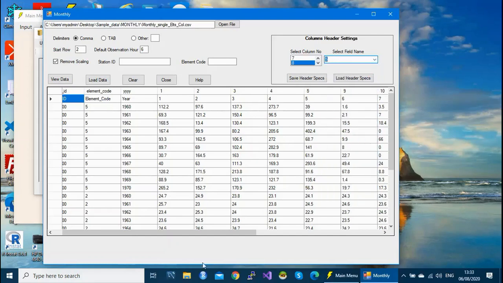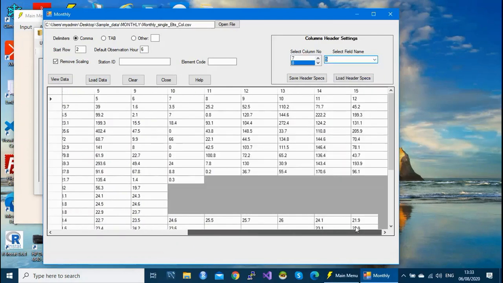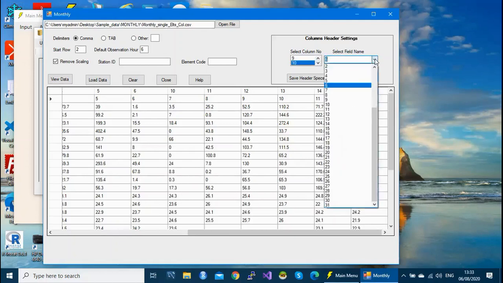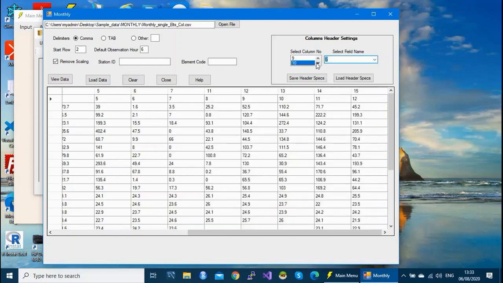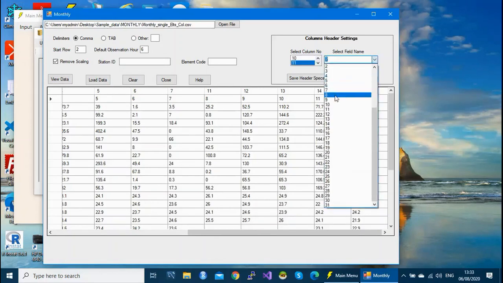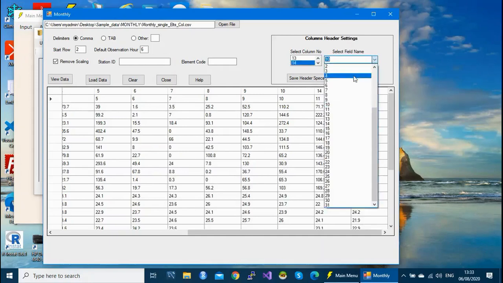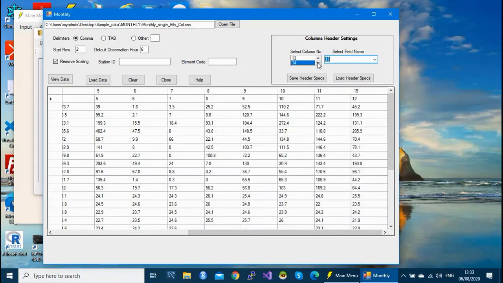You can scroll to view your data. 9 is June. 10 is July. 11 is August. 12 is September. 13 is October. 14 is November. And then finally 15 is December.